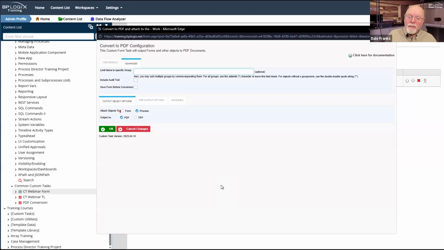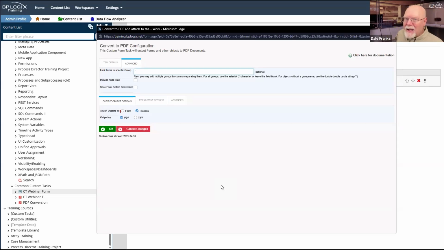Now, the thing about the convert to PDF is that it does have to run on the server. Yes, I'm calling it from a form. We're configuring it on a form right now, but when we run it, it's actually going to run on the server. Has to, because that's where the PDF conversion library exists. So it's going to grab all the forms and all of the documents, and start doing the PDF conversion that you want it to do, and convert each one of them at this point individually. We can change that, as we'll see later.